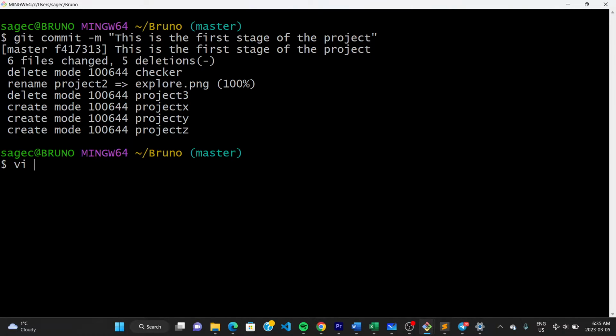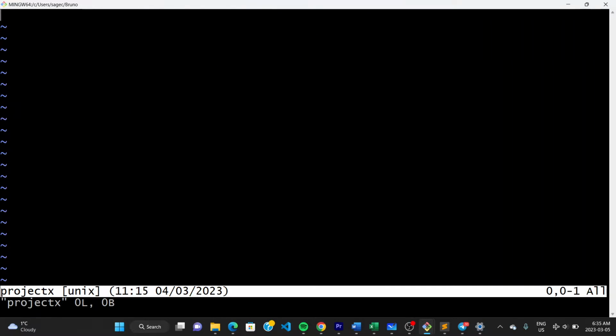Let's say we want to VI into project X. Now this is bash scripting. VI means we're accessing the files to make modifications. So let's do this. Click on enter, and we'll press the I button for insert, and now we're able to modify this file. Let's say we want to put some content in this file. I would put a comment and say